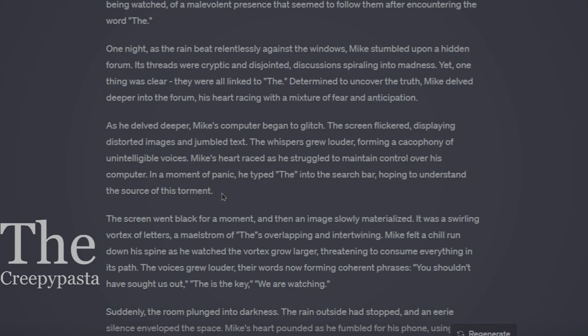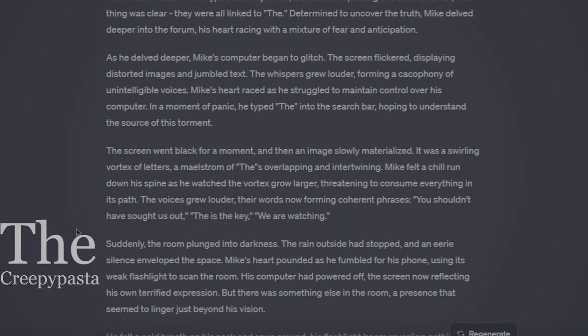The screen flickered, displaying distorted images and jumbled text. The whispers grew louder, forming a cacophony of unintelligible noises. Mike's heart raced as he struggled to maintain control over his computer. In a moment of panic, he typed "the" into the search bar, hoping to understand the source of the storm. The screen went black for a moment, and then an image slowly materialized. It was a swirling vortex of letters, a maelstrom of "the"